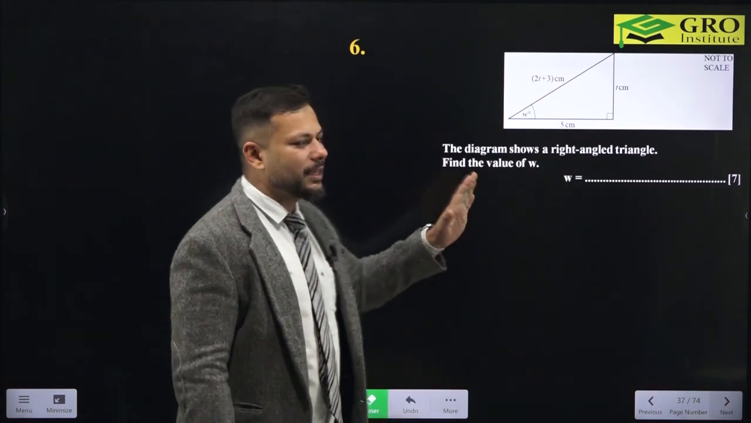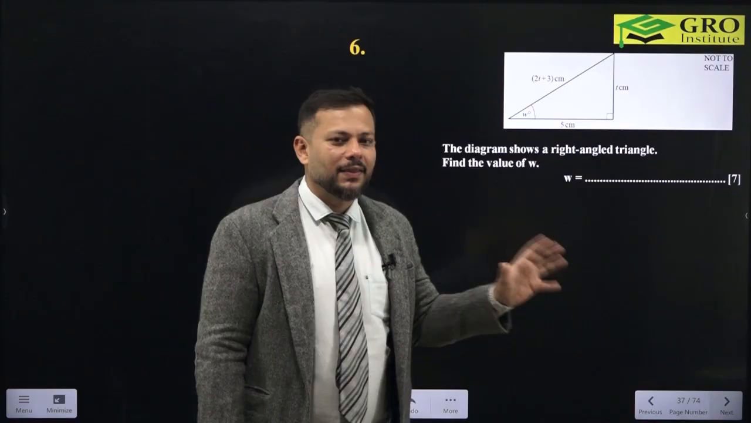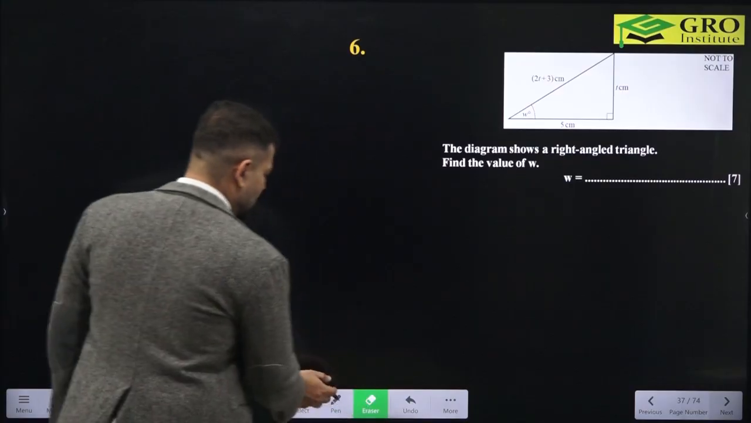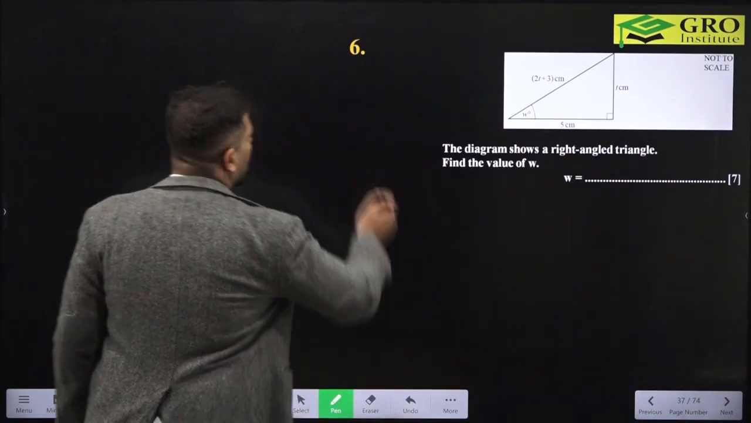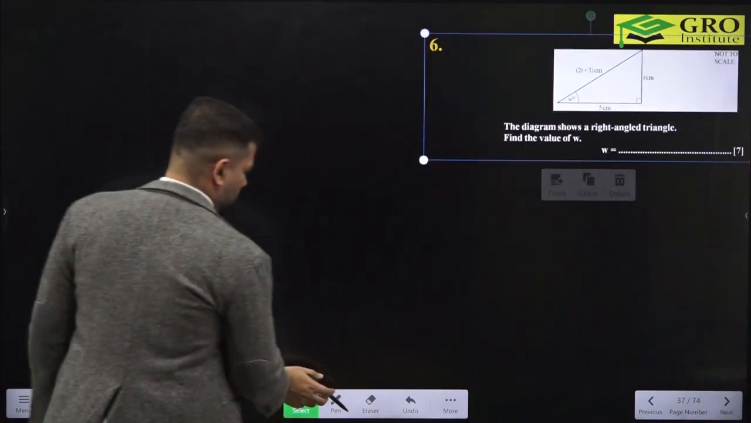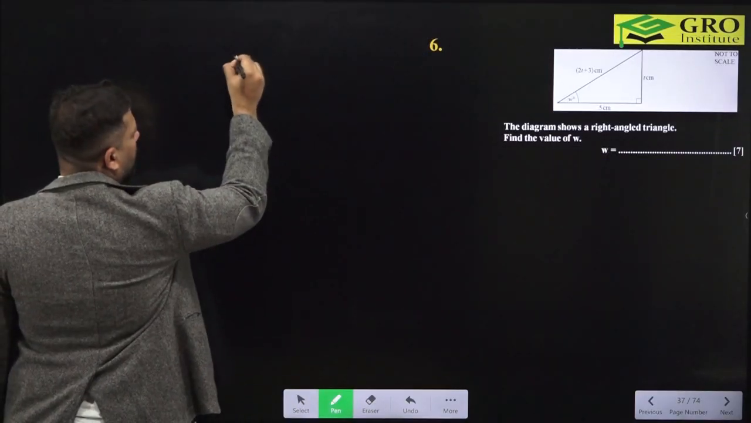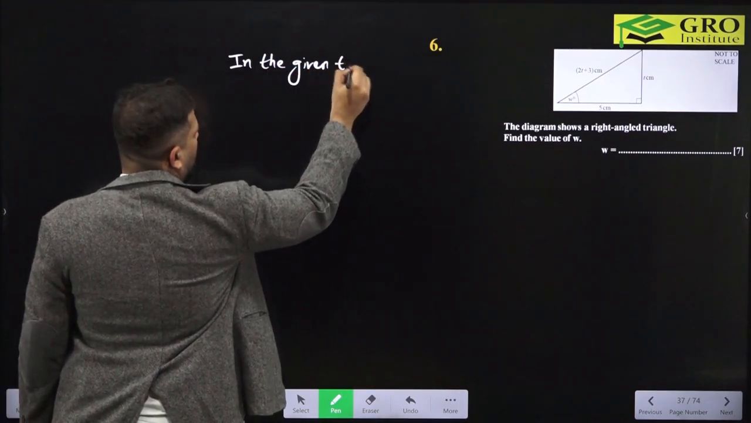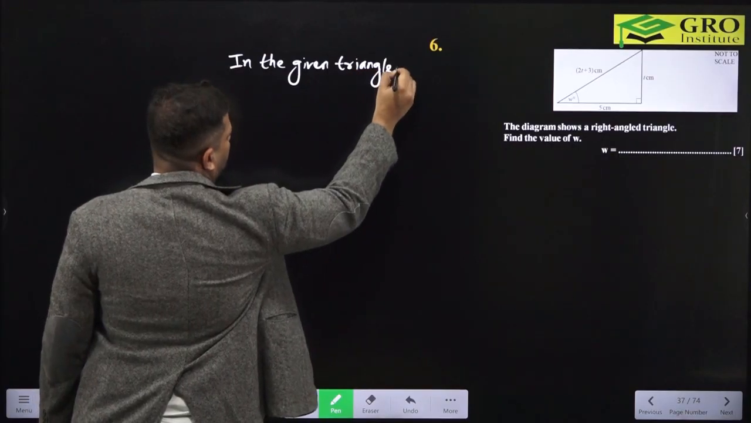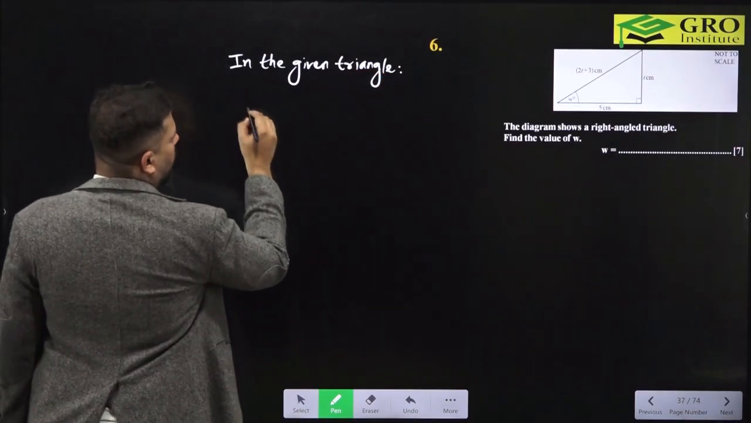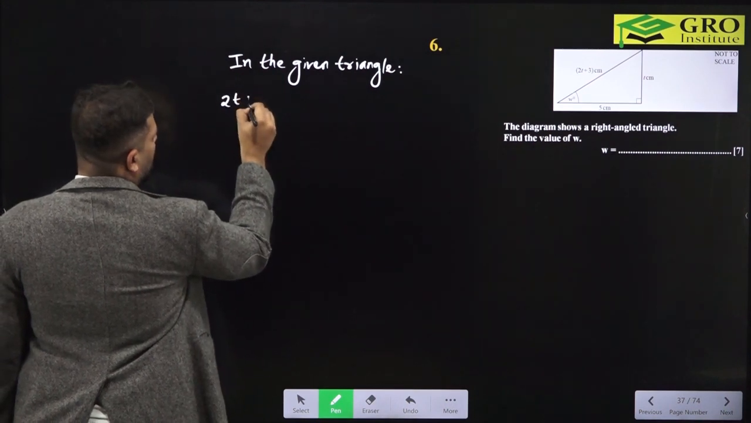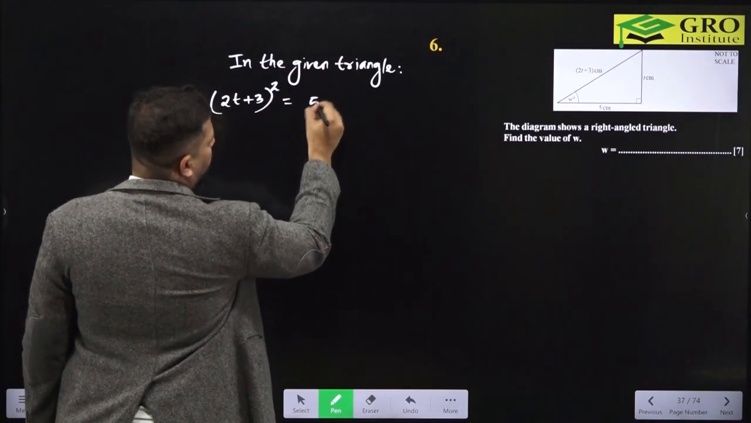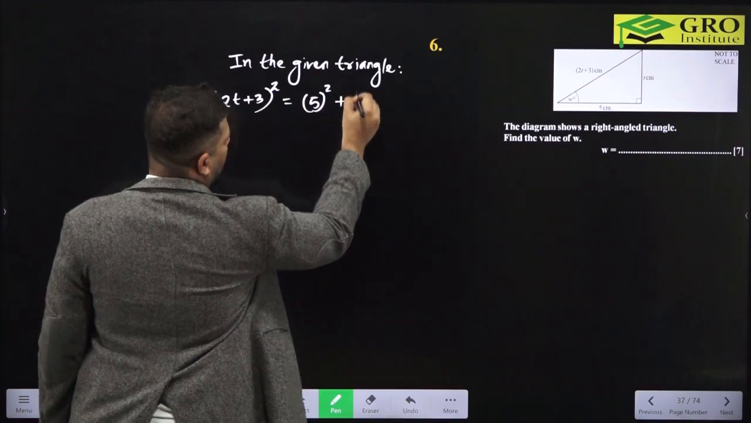So let us first use the Pythagoras theorem to get the value of the variable t, and then we will use it further to get the value of another variable, that is w. Let us start doing it, guys. So here in the given triangle, we know by Pythagoras theorem 2t plus 3 whole square is going to be equal to 5 square added with